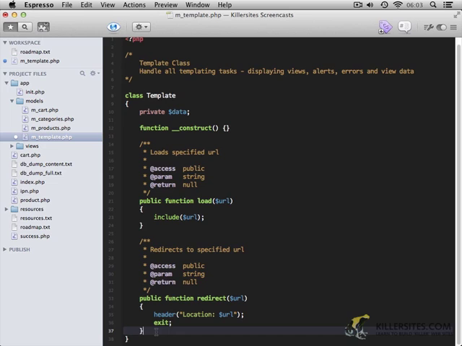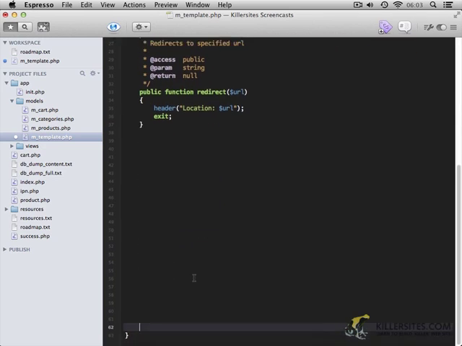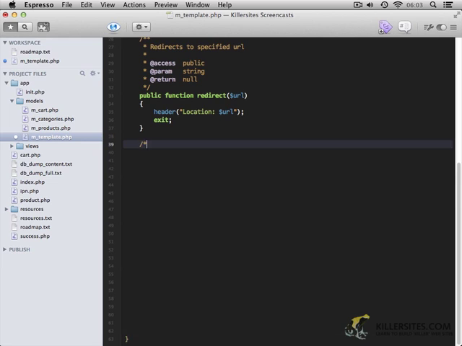Now near the bottom of the file, I'm going to add some extra line breaks, just to make it easier for you to see what I'm doing. I'm going to add a comment here. I'm going to say get setData, and this will help break up the file a little bit into individual chunks. And below that, let's create the function. So public function setData,